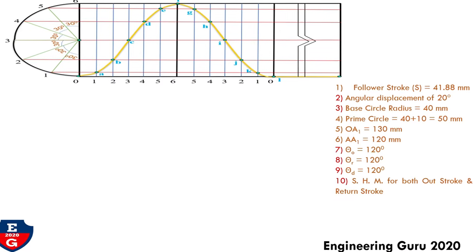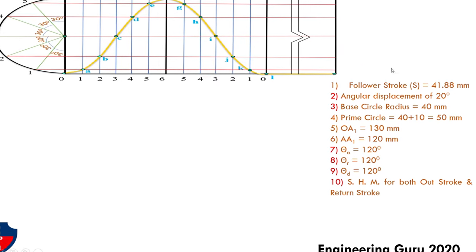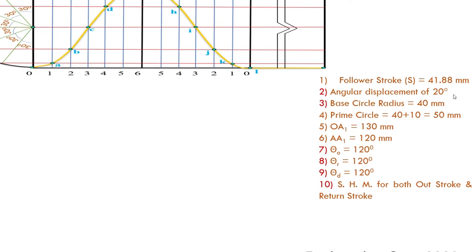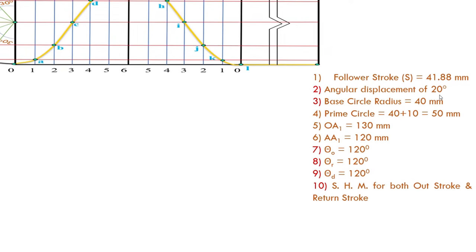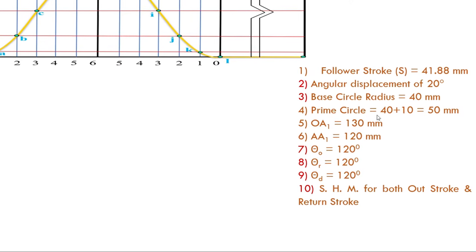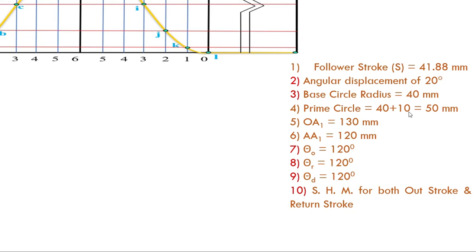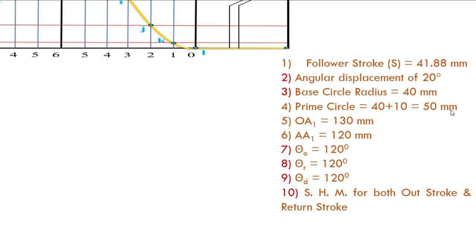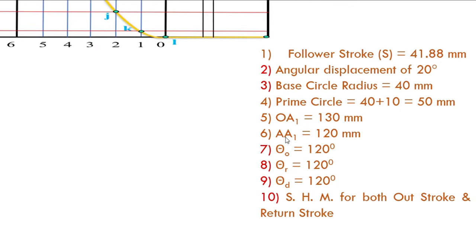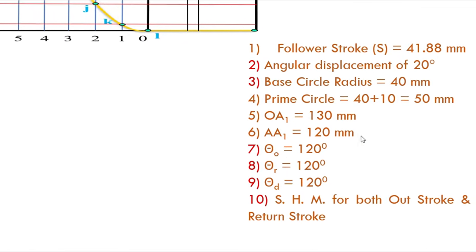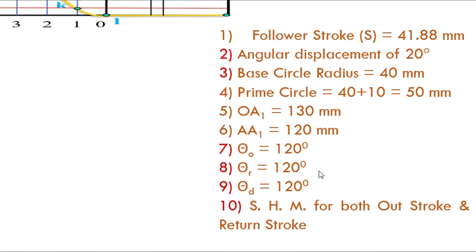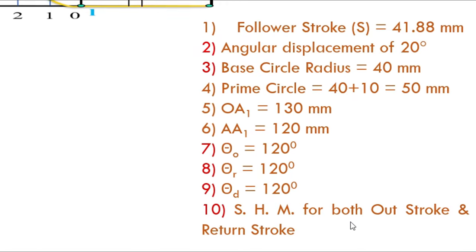Now we will draw the cam profile. Here a follower stroke S equal to 41.88 mm is given. Angle displacement 20 degrees. Base circle 40 mm. Prime circle equal to 40 plus rolling circle 10, that means 50 mm. OA1 equal to 130 mm. AA1 equal to 120 mm. Theta O, theta R and theta D equal to 120 degrees, and simple harmonic motion for both out